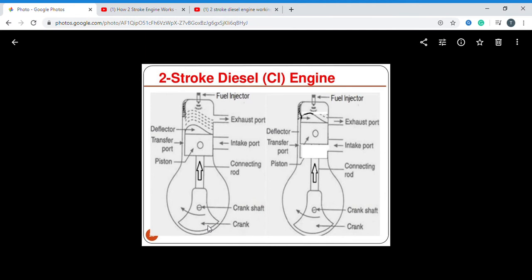Here how many revolutions are taking place? When the piston moves from BDC to TDC, it is a half circle revolution. When the piston moves from the TDC to BDC, it is a half circle revolution. In total, one circle revolution, that is one revolution, takes place, either in the petrol engine or diesel engine. Okay. If you see this video, you can easily understand.